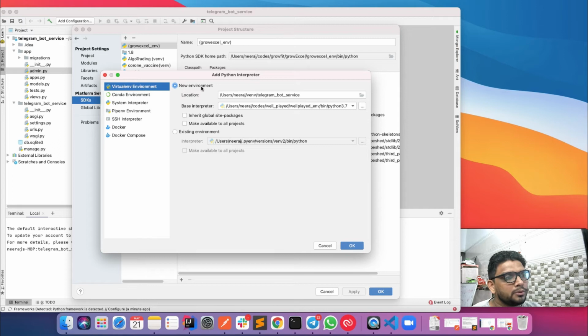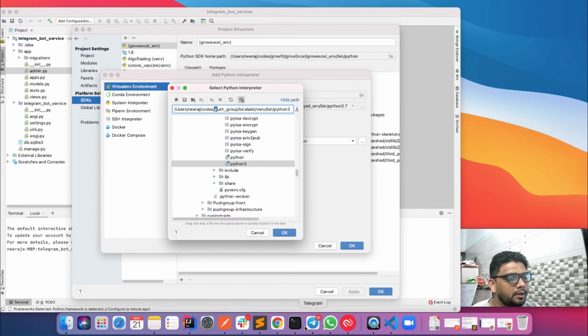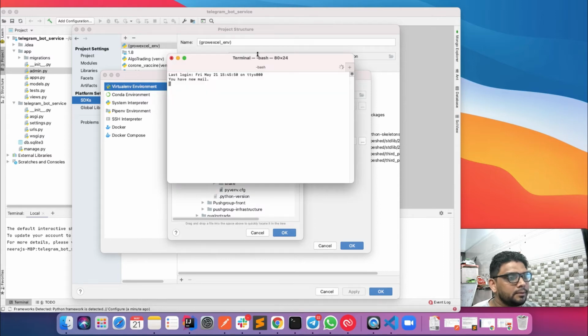I have two options: new environment or existing environment. I don't want to create a new environment. I have to select from the existing environment. What was the path for my project?